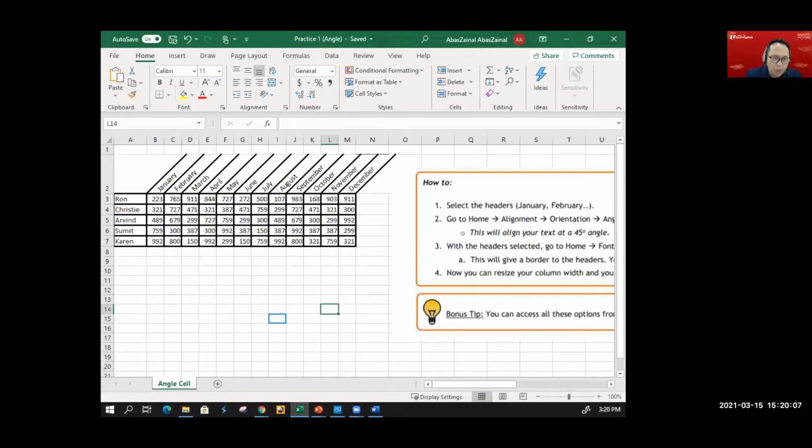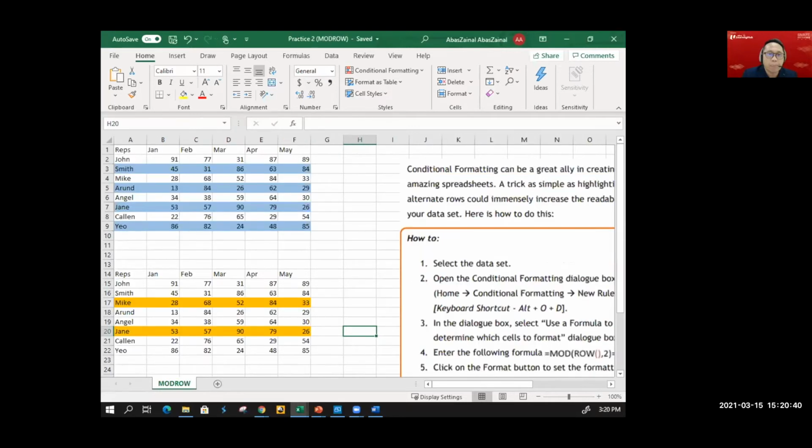I'm just going to open up the file called mod row. Just give me a minute. Let me just open it up. All right. This is the interesting part. Skip one line out, indicate depending on what you wish.